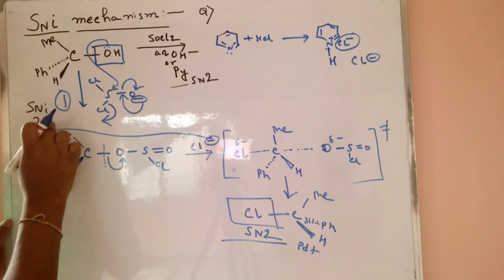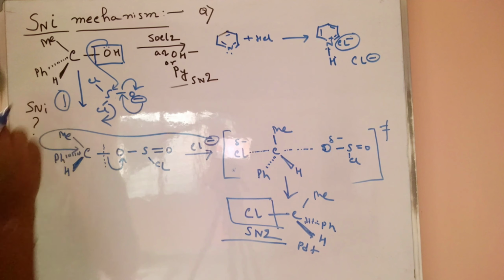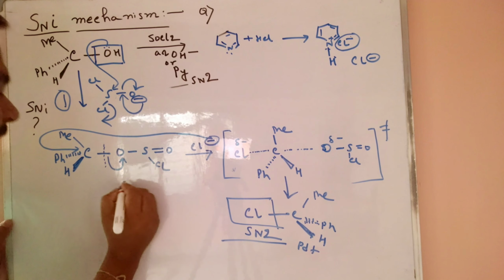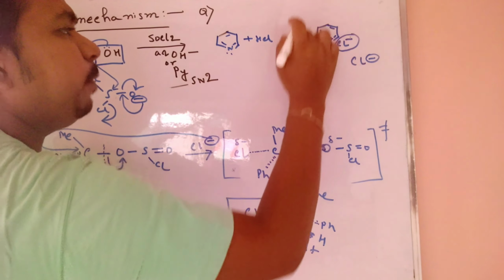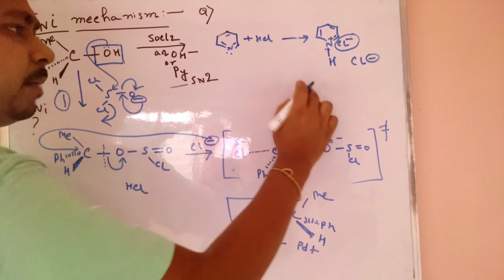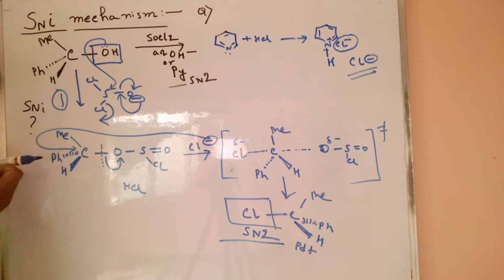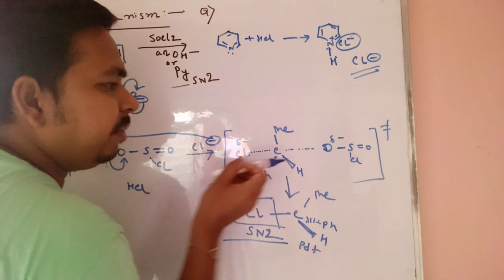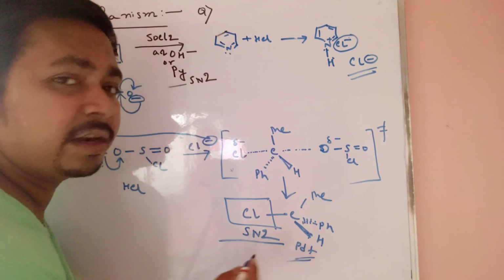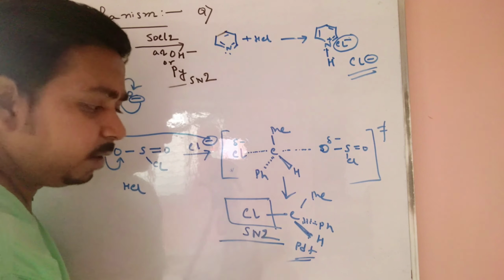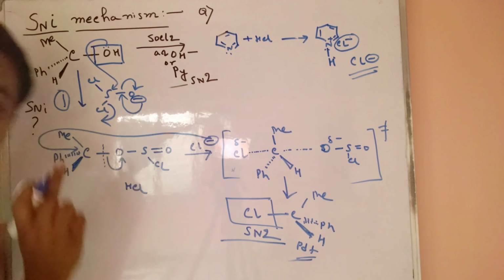But when we are in the absence of base, the reaction goes through the SNi pathway. One important point is that the byproduct is HCl. This byproduct in presence of pyridine forms this type of complex. After formation of this complex, the Cl minus is free. This Cl minus attacks from the back side, through this intermediate, and forms the inversion product; this product is called the SN2 product. So in the SN2 pathway we get the inverted product, and in the SNi reaction we get retention of configuration.